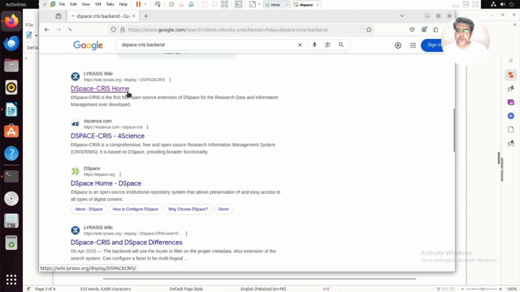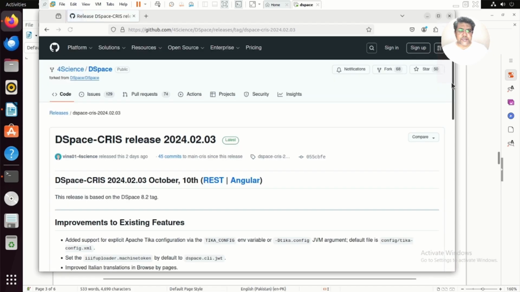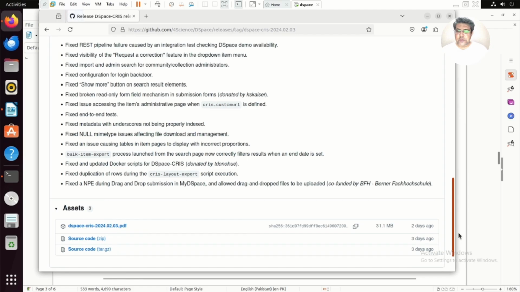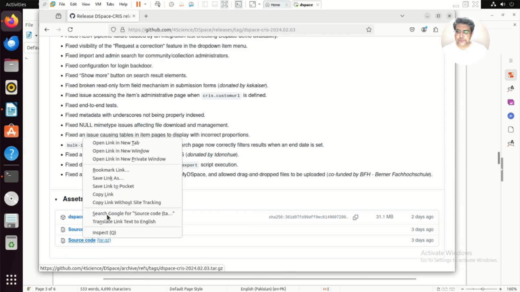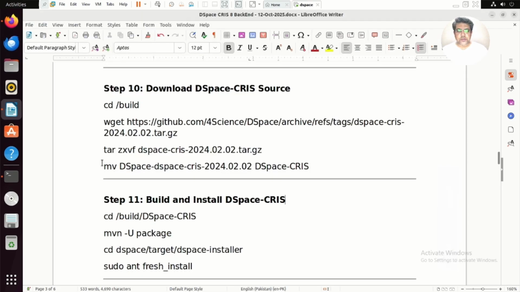This website, go to this one, and there you can see REST. REST is actually the backend. We can come down, and there we can find this one, the tar.gz source code. So copy link, and here in this guide I show you